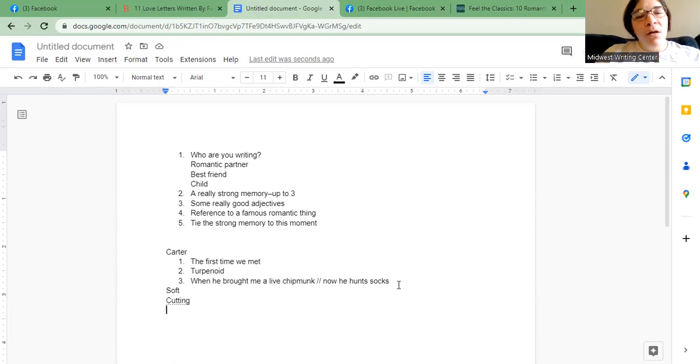Other senses are good, not just what we see and touch. We've got see, hear, smell, touch, taste. So maybe you really like your partner's BO, or your cat has really stinky breath. And even though they have really strong BO or stinky breath, you love them. So fish breath. There's also, I don't know, have they been sick? Have you been sick? Is there something that reminds you of